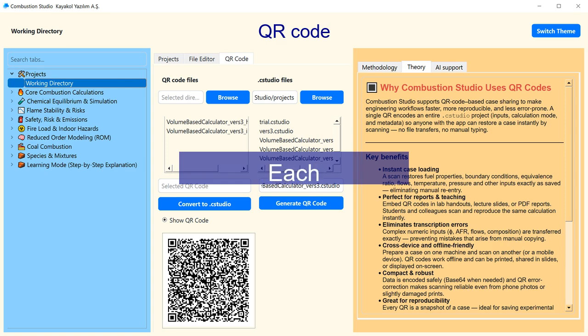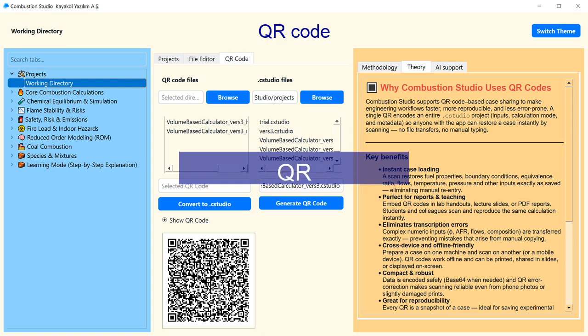Each QR code embeds your full calculation parameters, fuel properties, operating conditions, modeling choices, and results, so collaborators can instantly reopen your scenario on any device without manually entering data. This enables faster peer review, eliminates input mistakes, and allows seamless sharing between students, engineers, and supervisors. Whether you're documenting experiments, presenting results, or transferring cases between desktop and mobile devices, QR-enabled workflows make Combustion Studio feel